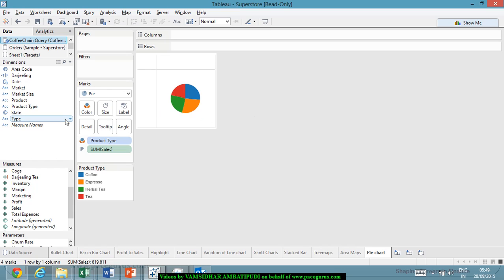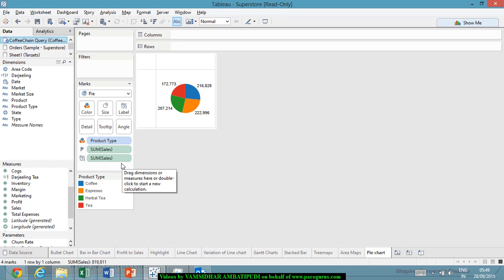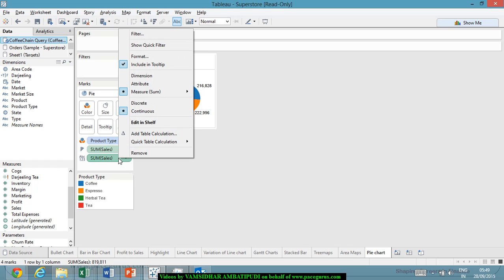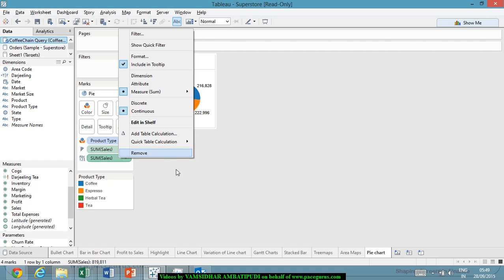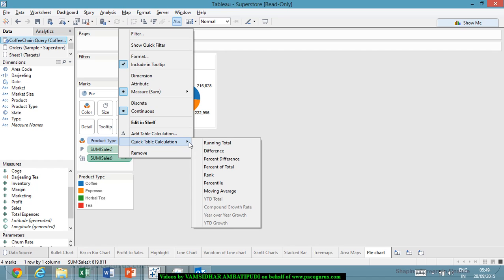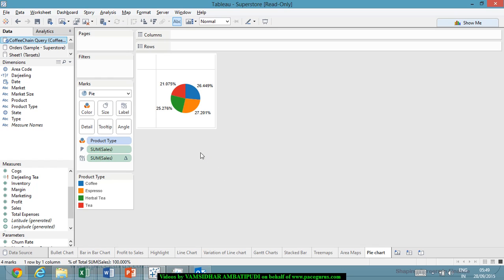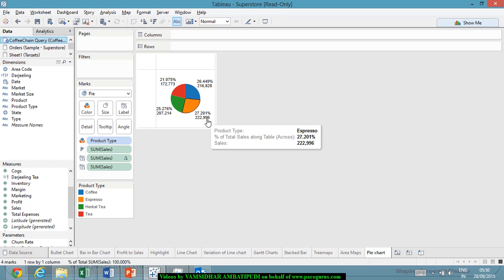Now I can drag each of them, let's say sales itself, I want to drag onto the label. Okay, now I get a breakup. These are the sales. Now this time again I will drag the sales into the label, with the control shift button on, where I can very well talk about the percentage of the total. Okay, this is the number. So the two sales, the first one is talking about the number, the second one is talking about the